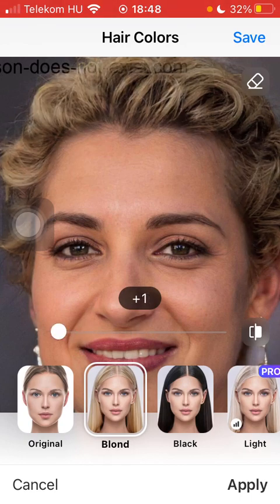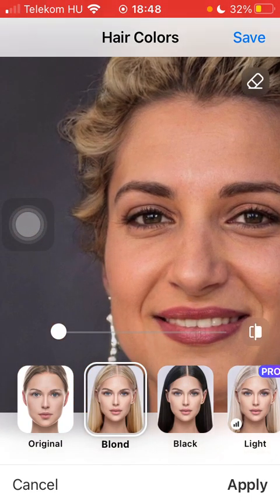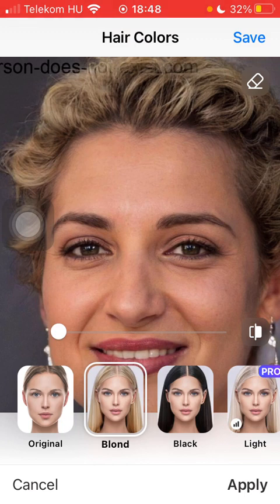check out how it looks like, and you can see the contrast between the original and the produced picture by clicking on the contrast button on the right side of the